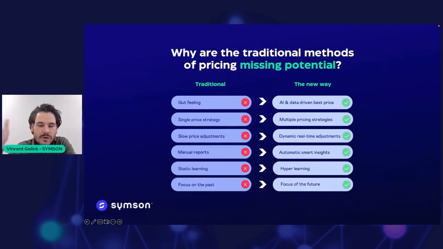And if we look towards the more future oriented way of pricing, then we see that we just want to make data driven decisions, right? So it has to be fact based, and if there's a possibility to take iterations in the data that come in and learn out of those data cycles, then that's even better to position your company best towards the future.